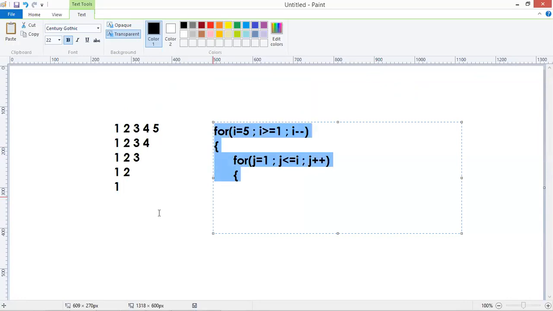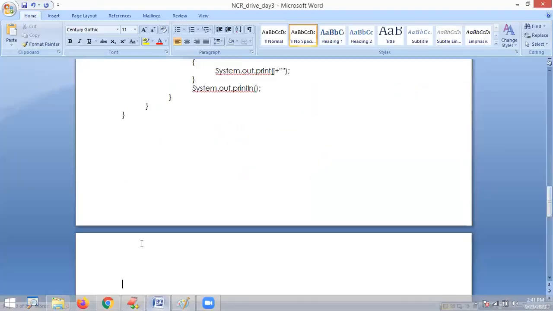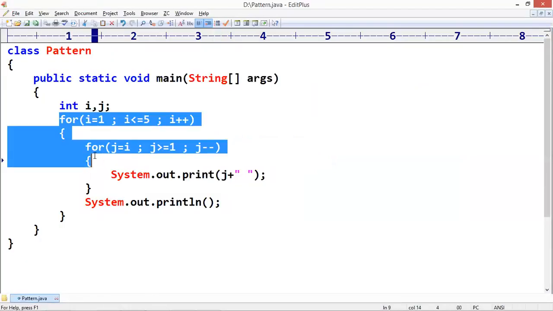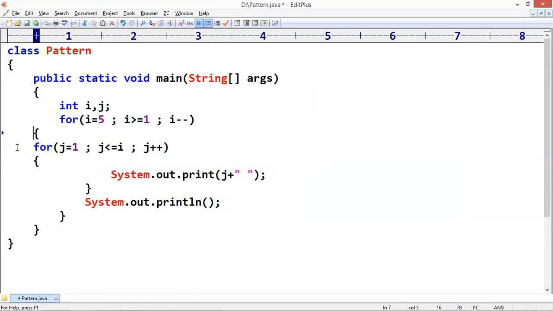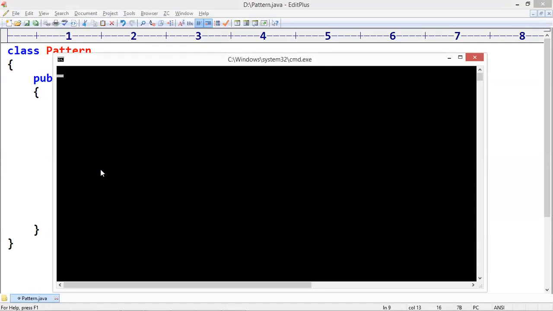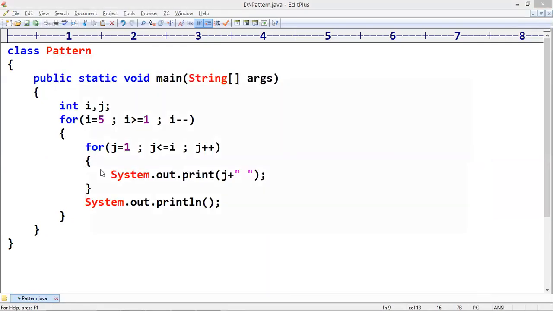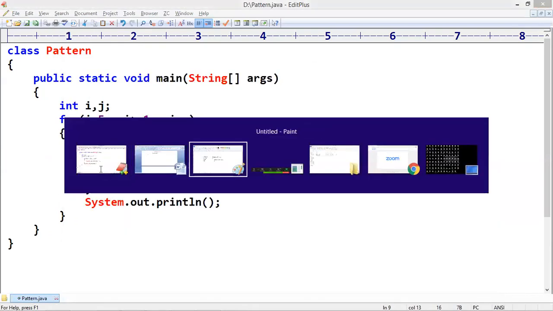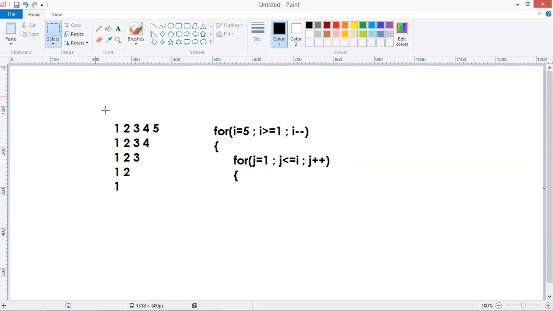Inside that, print the j value. When you execute this code, the same pattern we are expecting will be the output.